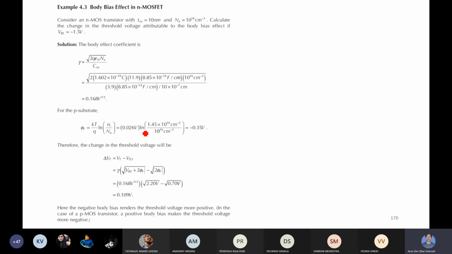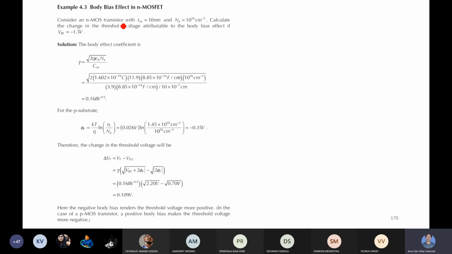Next, body effect. Body bias effects, I will take a few more minutes. Many other examples are there that I will provide you. Next time I will start with the CMOS inverter, and I will provide solutions for the examples. You can go through those, because all the solutions I cannot discuss here, but a few are discussed here. So let us see one body effect also.